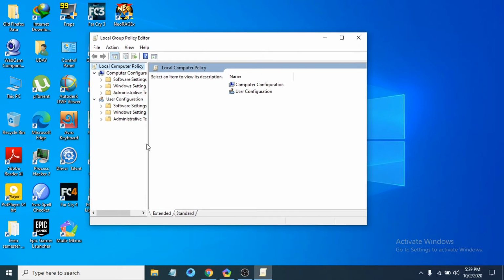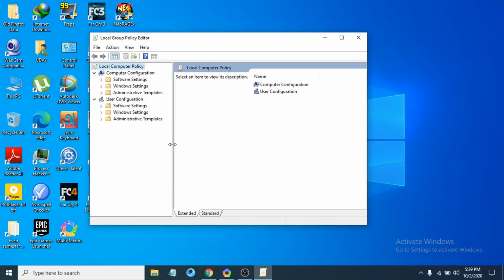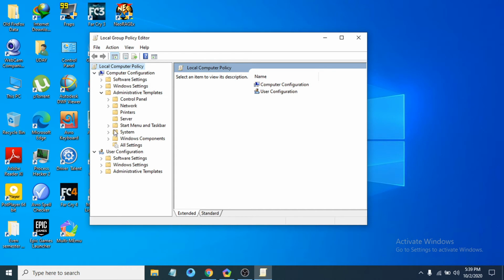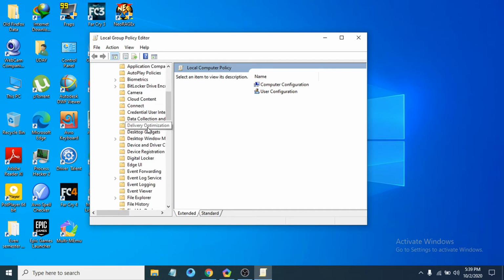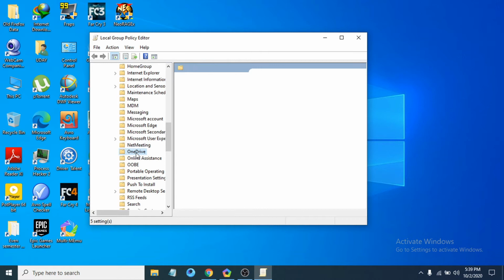Now you have to go to the administrative templates here. Just click on the arrow here, the left arrow here. Then you have to click on the Windows components. Now you have to find the OneDrive folder here. You can see there's a OneDrive folder here. Click on it,